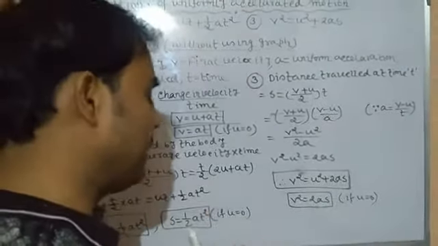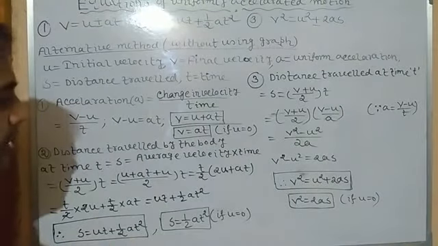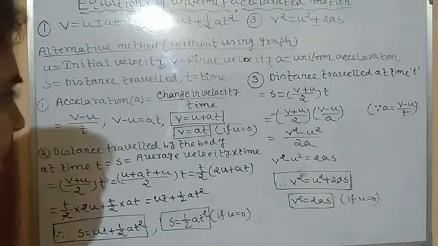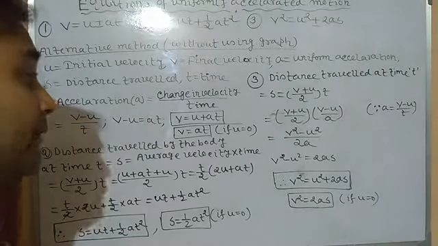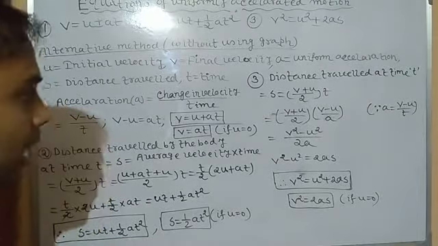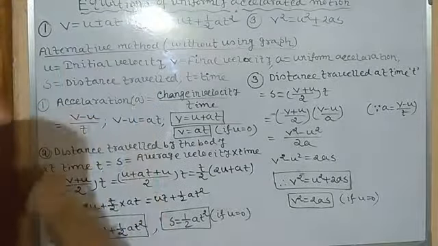But if it is not mentioned in the question that you must use a graph, then I think it would be very easy for you to prove all this this way. But if it is mentioned to use the graph, then in that case you cannot use this method. You will have to draw the graph and derive these formulas using the graph. Clear?